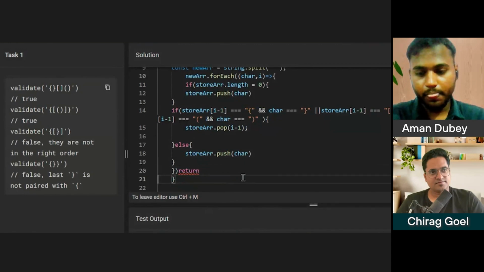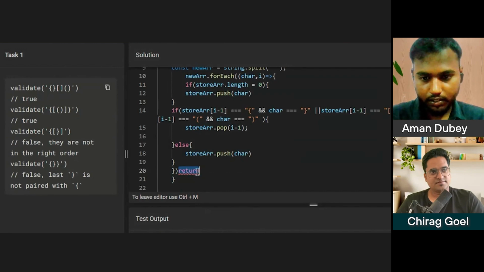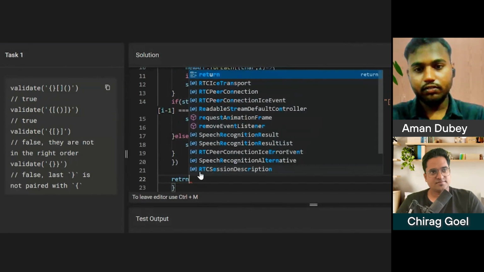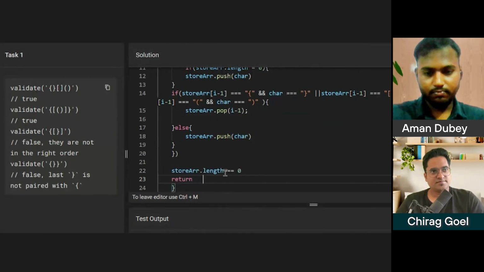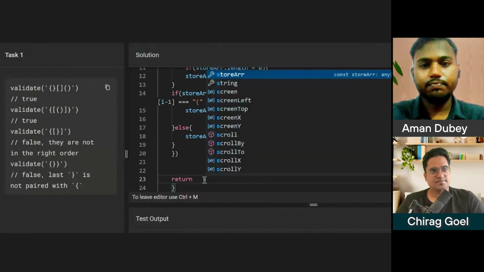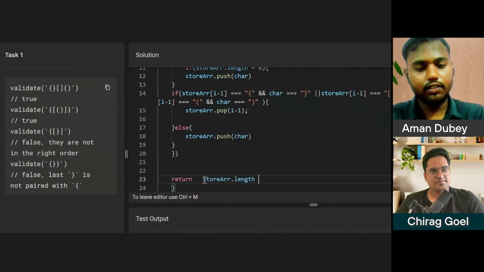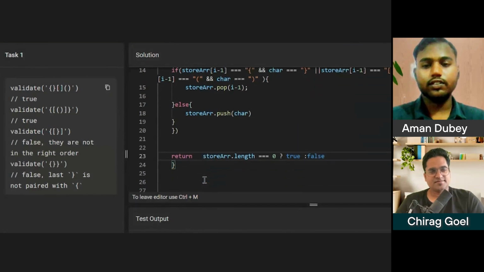If the length is equal to 0, I will return true, or else I will return false.